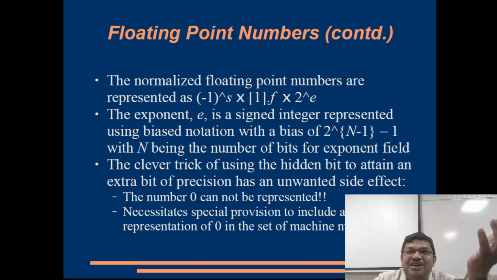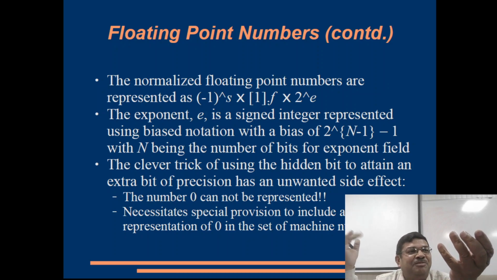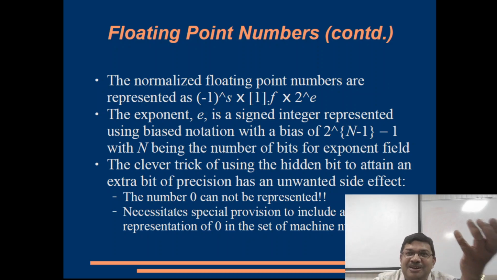The whole part of 1 is always there. So no matter what negative exponent you put, 1 multiplied by 2 raised to some negative power is still not 0,